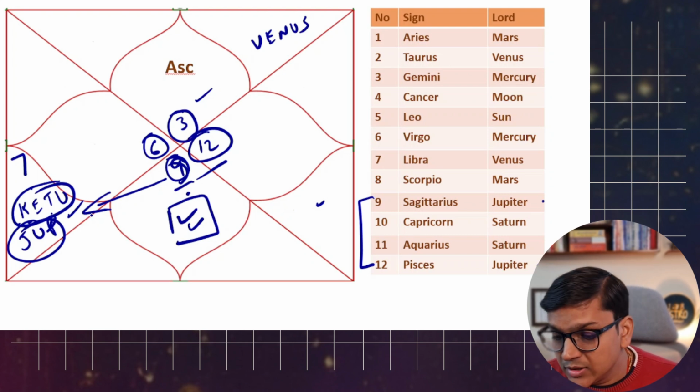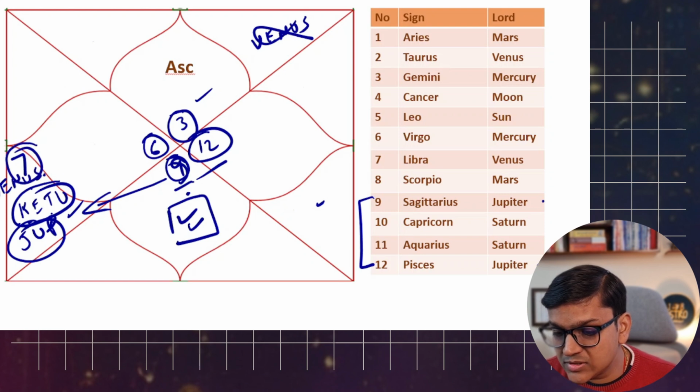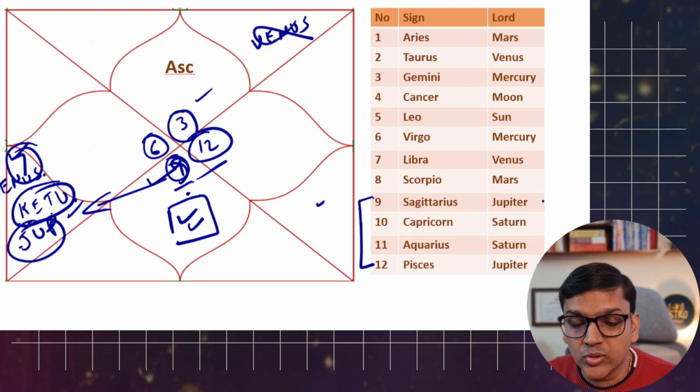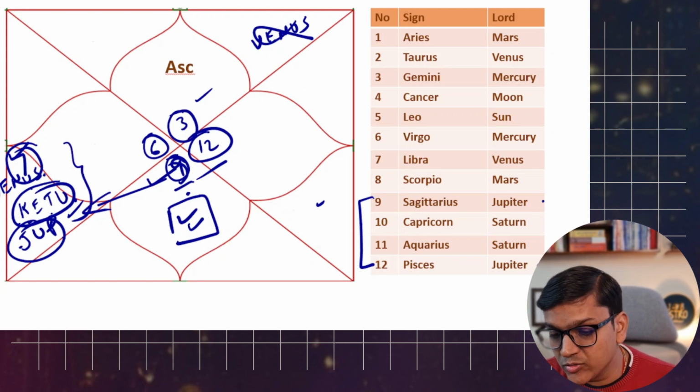So this combination has the capability to give you all the good results and all the happiness in your life. Then suppose there is another planet, say Venus was not sitting there. Venus was with Ketu and Jupiter. Here I'll write Venus. Venus and Jupiter are here, and Venus is owning the fifth house. So here if you see, Ketu is sitting with two planets. One is owning the center, one is owning the trine. This is the most powerful Rajyog, and it's being formed in a trine house.